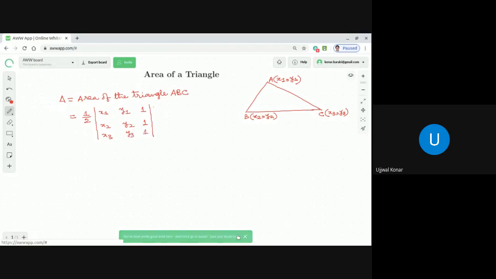Now, dear students, if you recall, in one of our previous classes we discussed how to find the value of a 2 by 2 determinant. Now we can convert this 3 by 3 determinant to a 2 by 2 determinant. So instead of remembering the 3 by 3 determinant formula, we can do it in 2 by 2 determinants. How? This same thing is equal to 1 by 2 into a 2 by 2 determinant like this: x2 minus x1, y2 minus y1, then x3 minus x1,